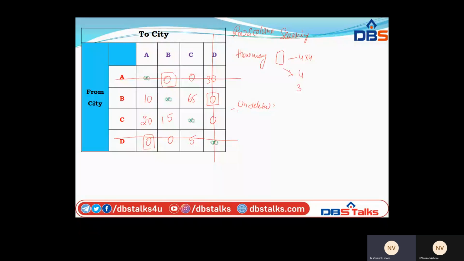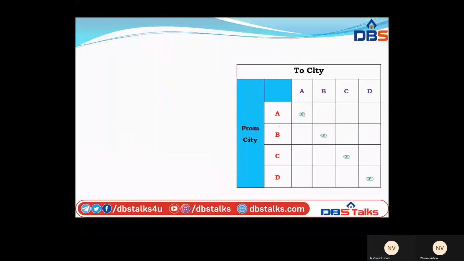So by doing the operation, I mean subtracting from the undeleted values and adding at the plus symbol, the table will become like this.